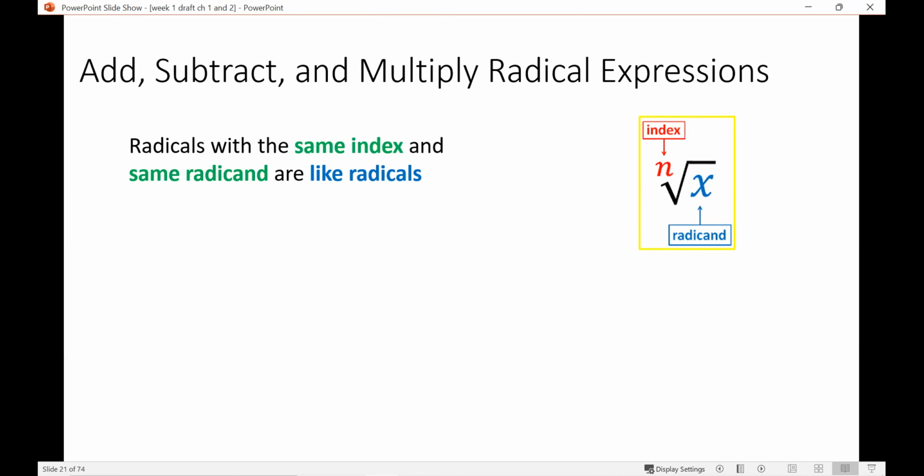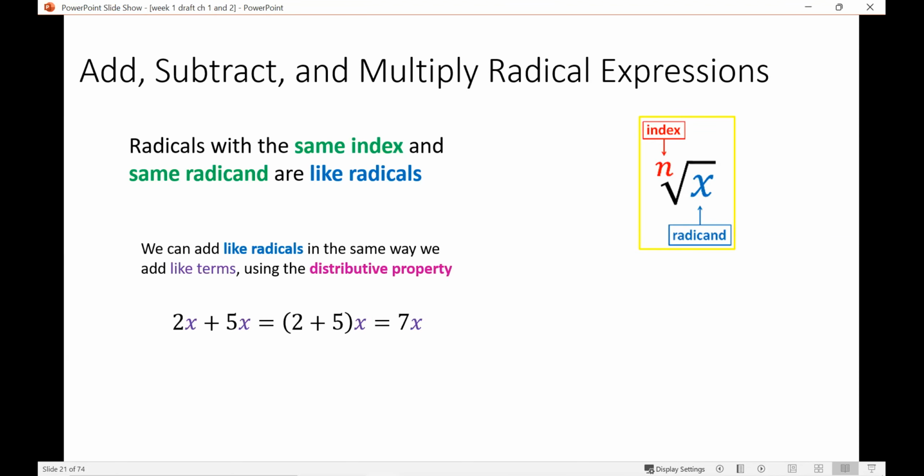So how do we add, subtract, and multiply radical expressions? Well, when it comes to adding and subtracting radical expressions, only radicals with the same index and same radicand can be combined. These are what we call like radicals. We can add like radicals in the same way we add like terms, which is by using the distributive property